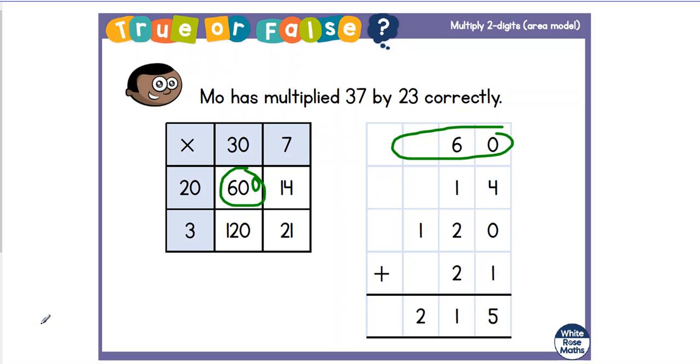So I'm hoping today, children, you've had the chance to have a little practice of using the grid method for multiplication. Tomorrow, we're going to move on a step further,